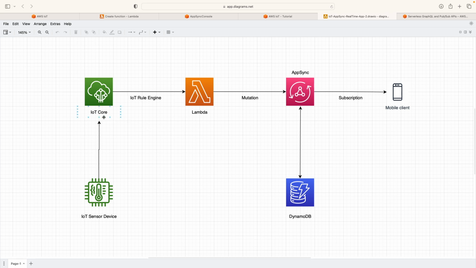So there are different components like IoT Core, Lambda, AppSync, DynamoDB, and using these four different components, we can design such a real-time application completely on the AWS cloud. Okay, so this is a smart home kind of solution which we can build on AWS, and there can be a whole lot of different kinds of solutions similar to this, or other use cases, which can be developed